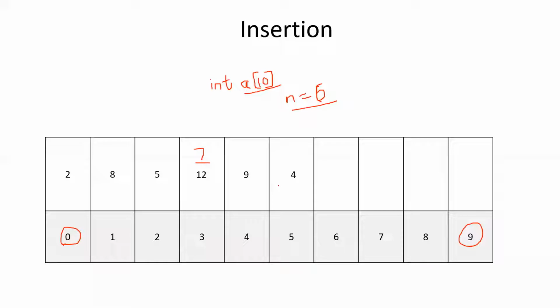Swapping the numbers to other position, ma'am. So what will you do? You will not overwrite 12 with the 7. You will move this 4 to the next place, 9 to the next place, and then 12 to the next place, and then write 7 over here, right? So this is the logic we have to follow. This is the same thing what we are going to do now. So shifting will be the operation.